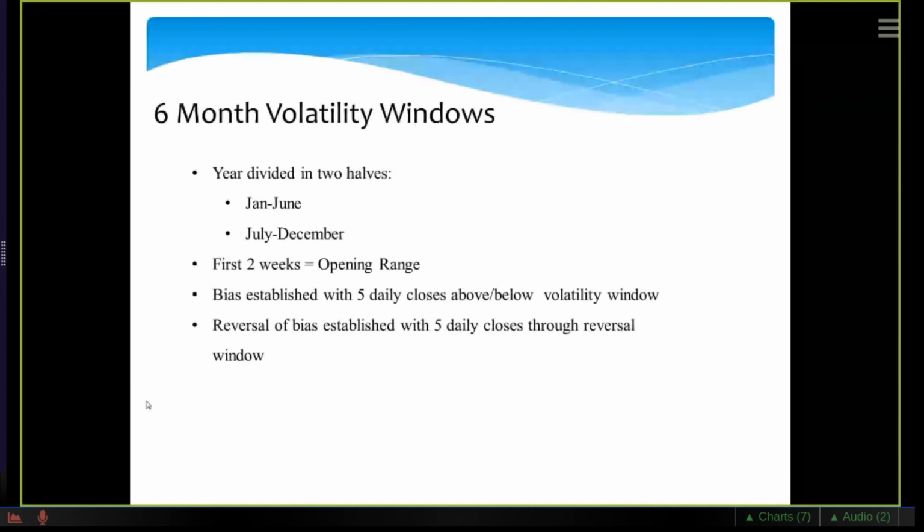January to June, and July to December. The first two weeks of January is the opening range, and the first two weeks of July is the opening range. So if the first two weeks is an opening range,